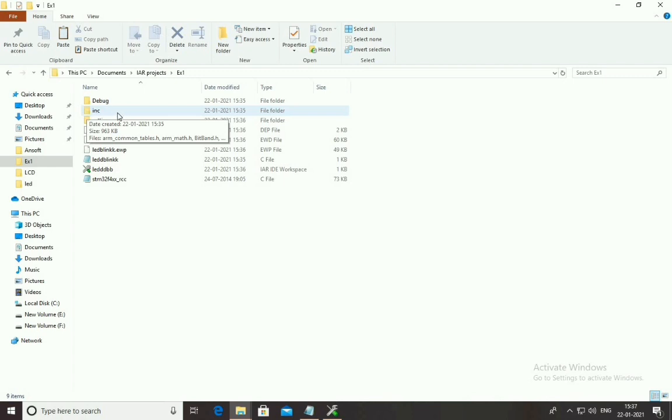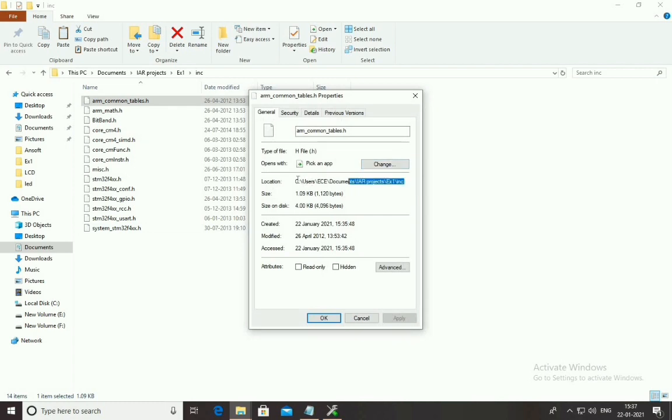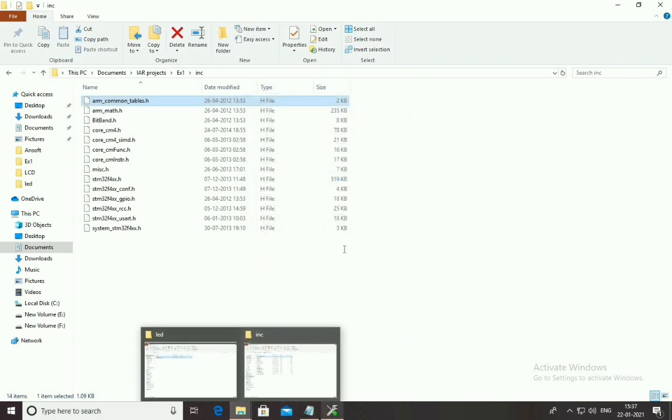So go to the folder where you have saved all the currently working files. In that you will find the inc folder, copy the path or the location and paste it here.